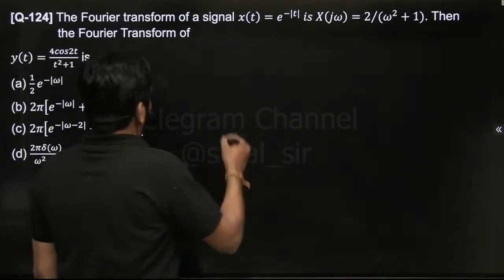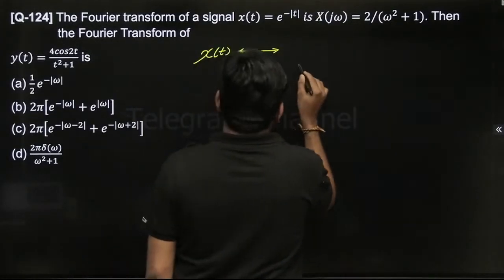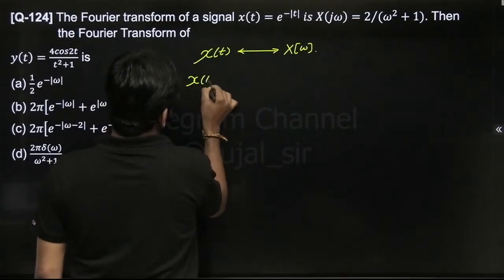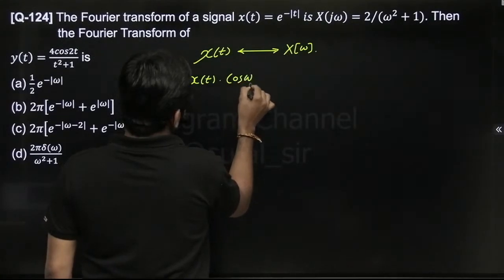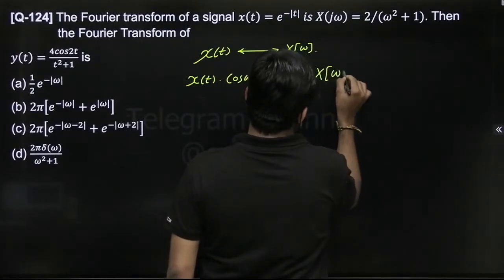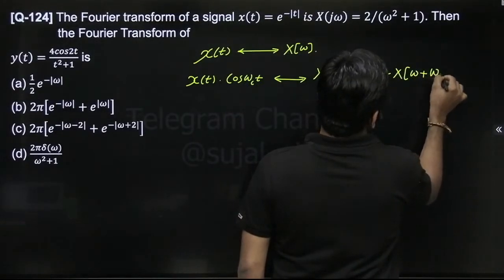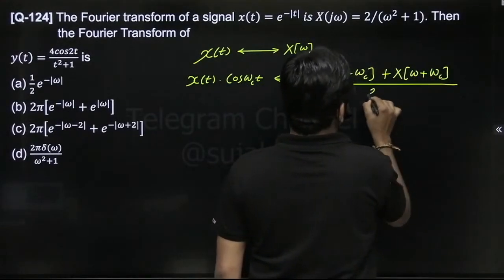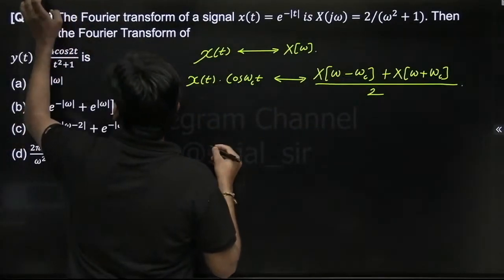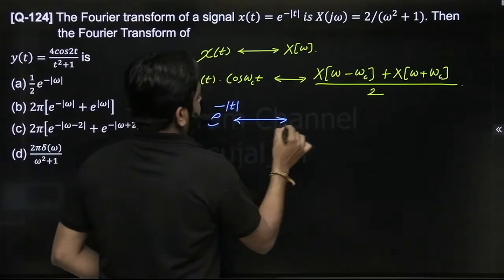So remember this property: if the Fourier transform of x of t is X of omega, then if you multiply x of t with cos omega_c t, the modulation property, the spectrum will shift to the right side and left side by omega_c, and the amplitude is decreased by a factor of 2. Remember this. Now here, e to the power minus mod t has a Fourier transform given as